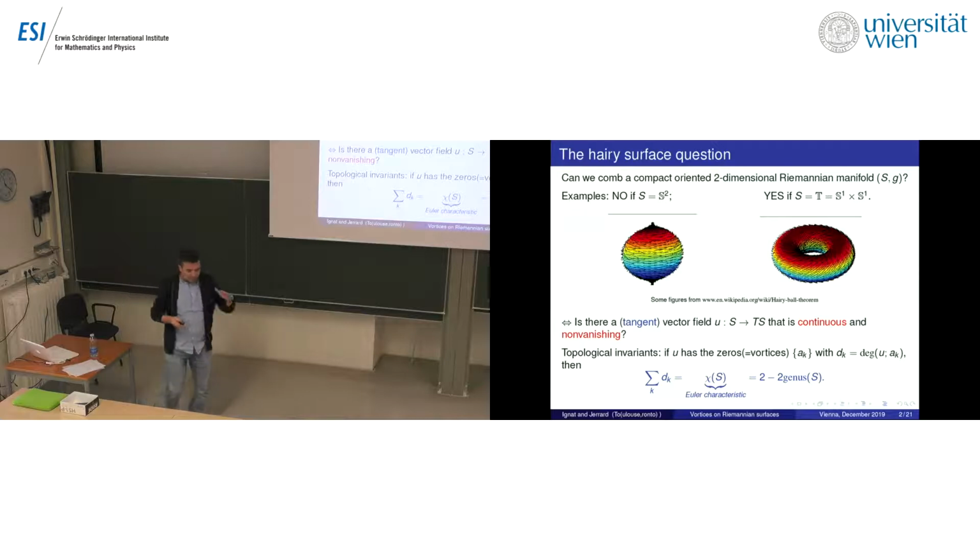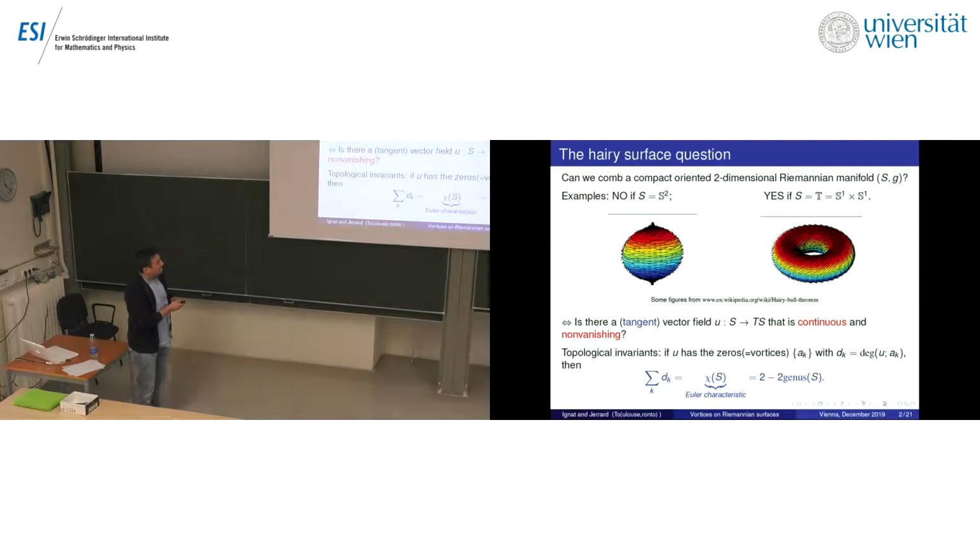Therefore, when you take a vector field that is continuous, you should always find zeros there. Those zeros come with topological information. If you look in local coordinates at a small circle around this defect point, you will see that your vector winds around the circle. If you assume that there is no other zero, that winding number gives you what we call the